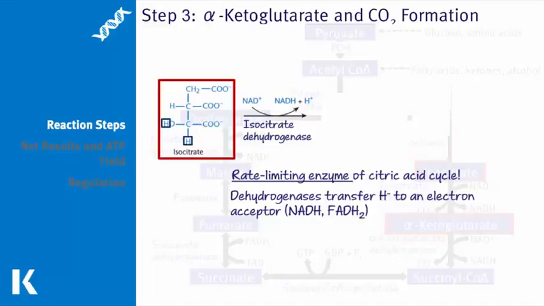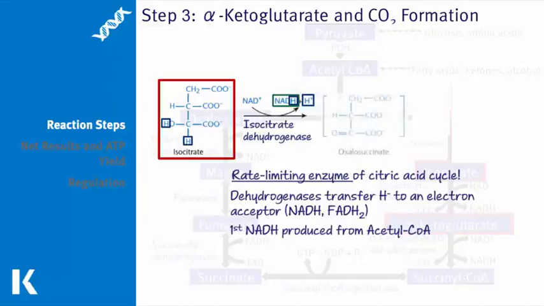Two hydrogens are removed from the isocitrate. One of them is a hydride and therefore carrying electrons that gets accepted by the NAD+, forming NADH. The other generates a proton. This NADH that is formed is the first energy carrier produced from that original acetyl-CoA molecule. This oxidation leads to our transition state